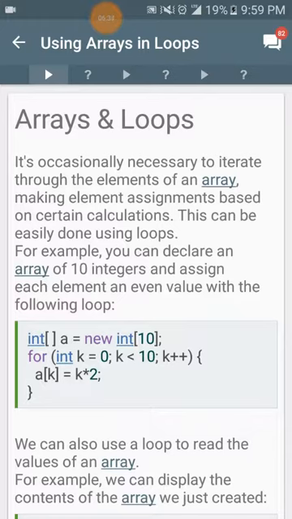int[] a = new int[10]; and then for (int k = 0; k < 10; k++). In the curly braces is the body of the for loop, and that has one single statement. a[k] = k * 2;